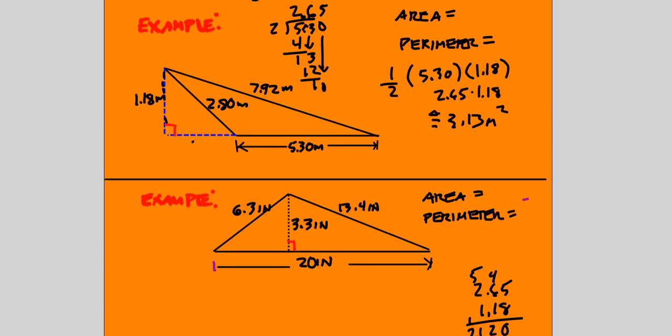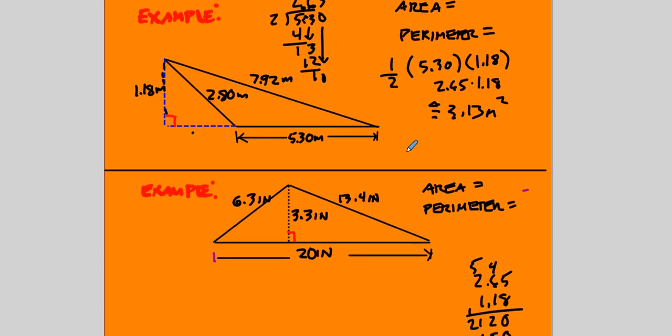So now the perimeter, we've got to add this. This isn't part, well actually that's not the perimeter. The perimeter is this, this, and this. Let's outline that. So the perimeter is here, here, and here. Now when I multiply, I line the digits up on the right, but when I add, I line up the decimal points. So that's 7.92, 2.80,